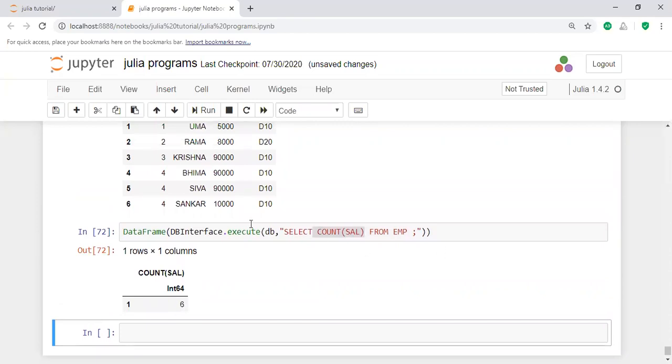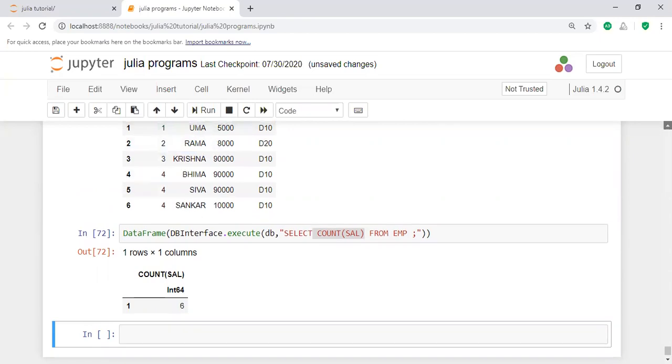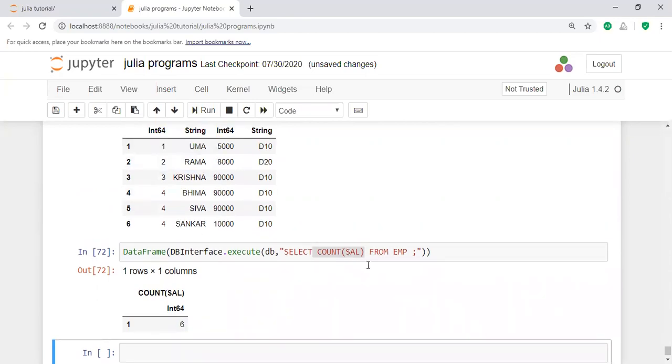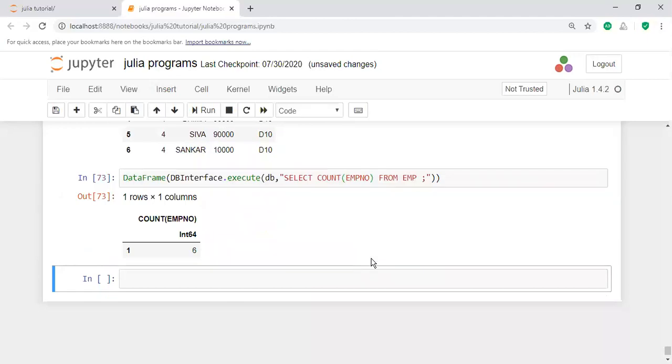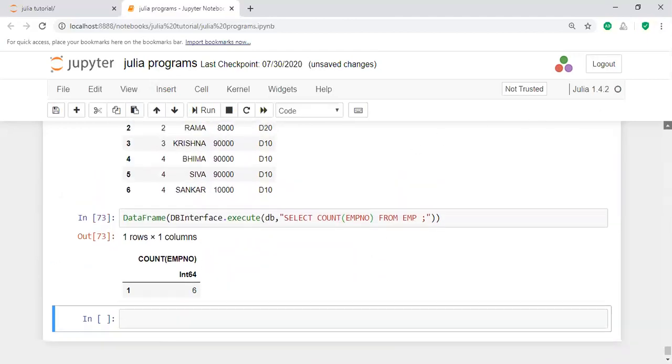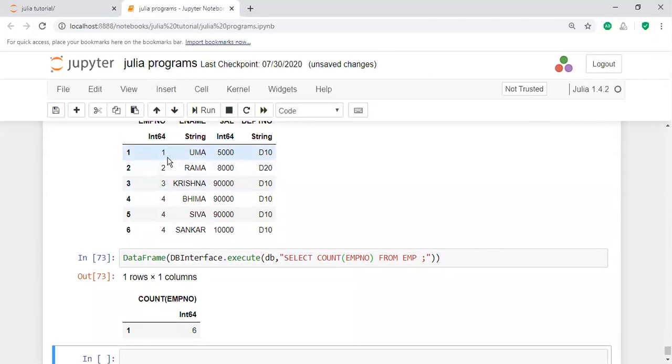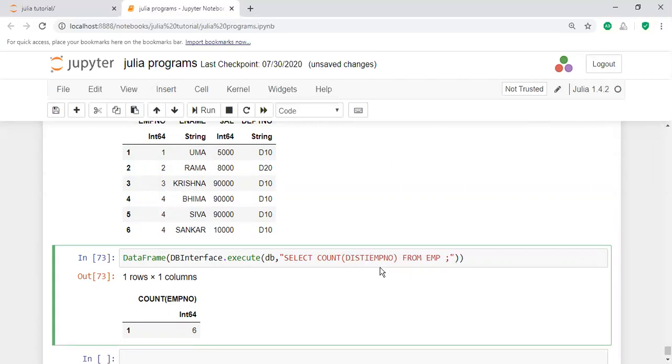Count salary, then count distinct salary. Let us take, for example, not only salary but also EMP number: count EMP number. There are 6 rows in total. Distinct means it will display the unique values.